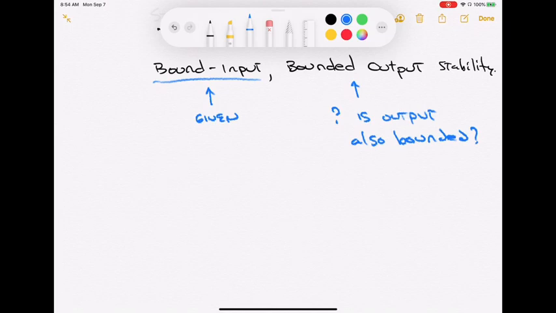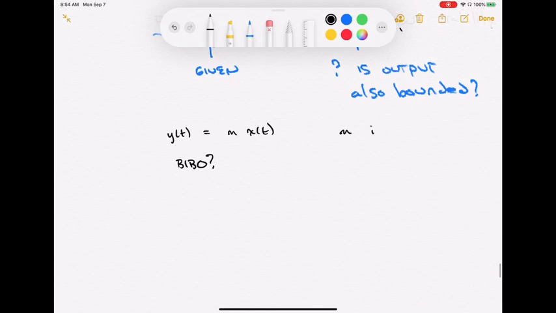We'll work on some additional techniques as we go, but let's at least look at a couple examples. We'll look at some simple ones. How about that amplifier again? y(t) = m x(t). Is it BIBO stable? Okay, m is a finite